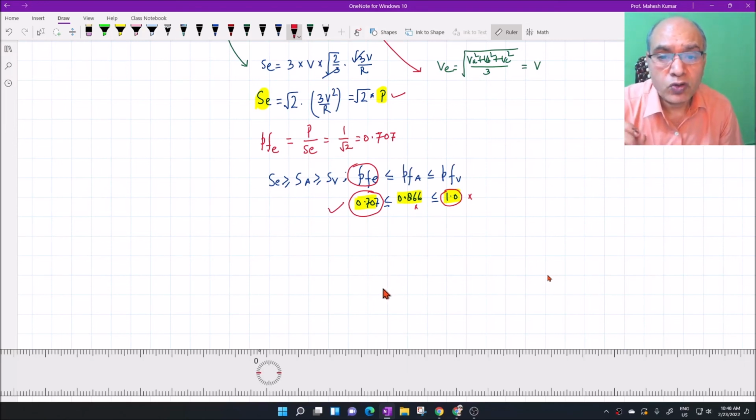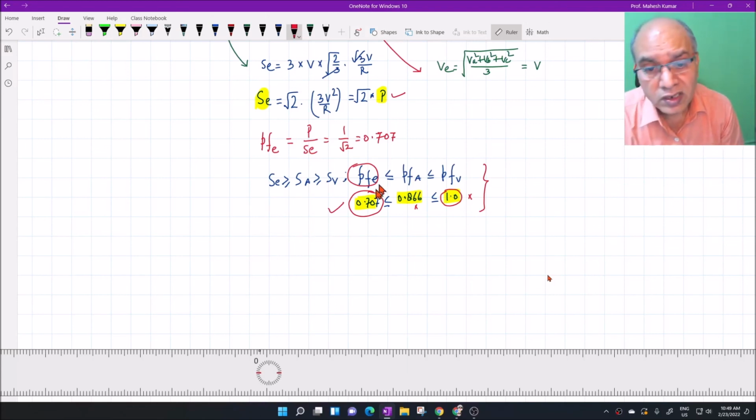But this analysis holds true only for three-phase unbalanced circuits with fundamentals. Okay, and also this comparison is made for a balanced resistive load. The load is not considered reactive, or even unbalanced resistive. The unbalance is in respect of only the voltages and currents, not the resistance or the load. This is one thing. Okay. Second thing is that we are not considering any harmonics in this case.